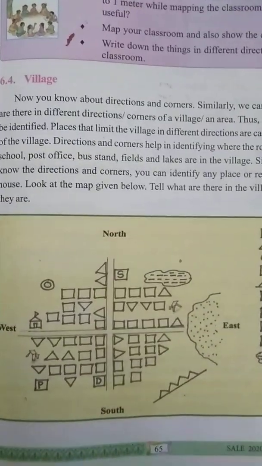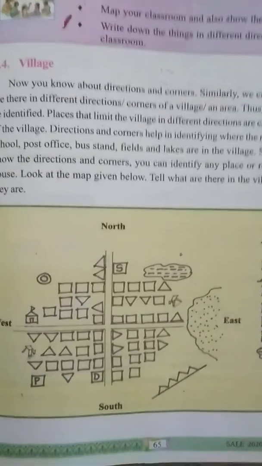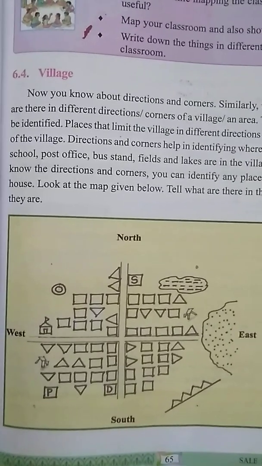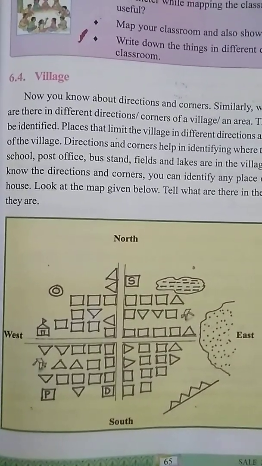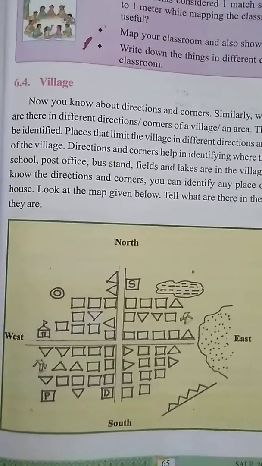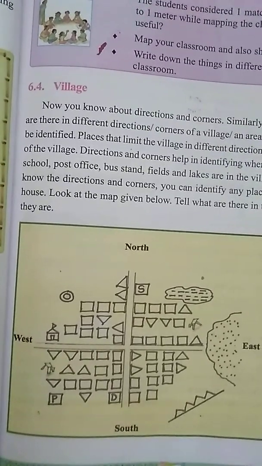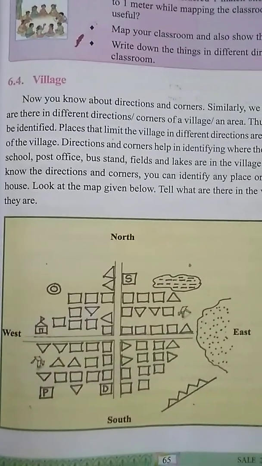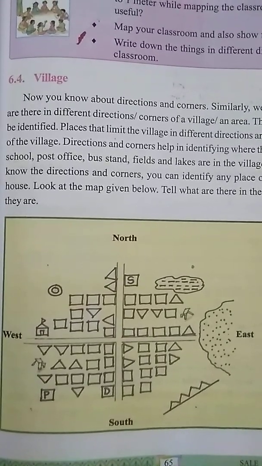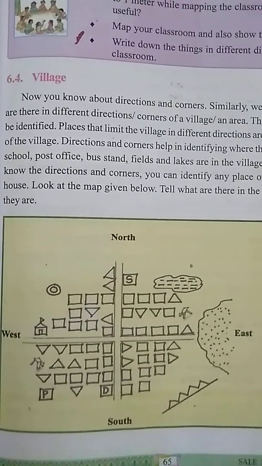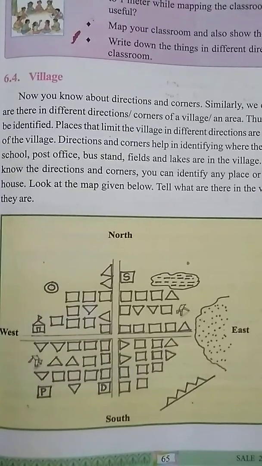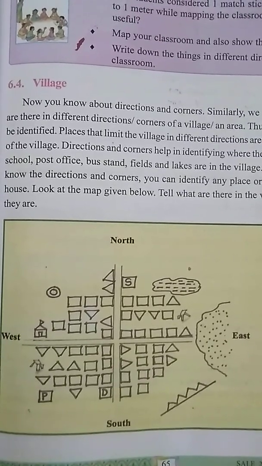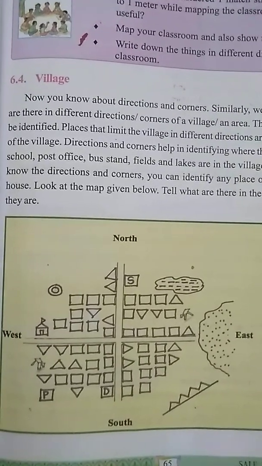Yes, children, all understood. So when we draw the map, we cannot directly draw the houses or school picture, medical shop, post office. So there are some symbols which are used to draw maps. Okay, children. So till here I hope you all understood the lesson. You have to read the lesson and also underline the words which you feel are difficult. Read them and learn. But don't forget to read the lesson. Okay.